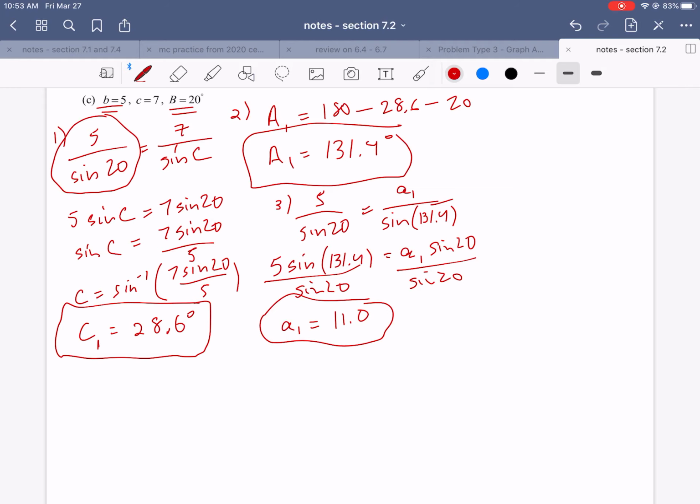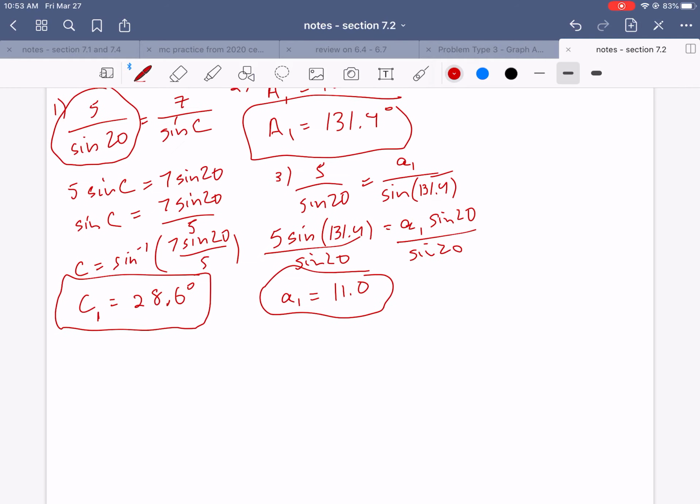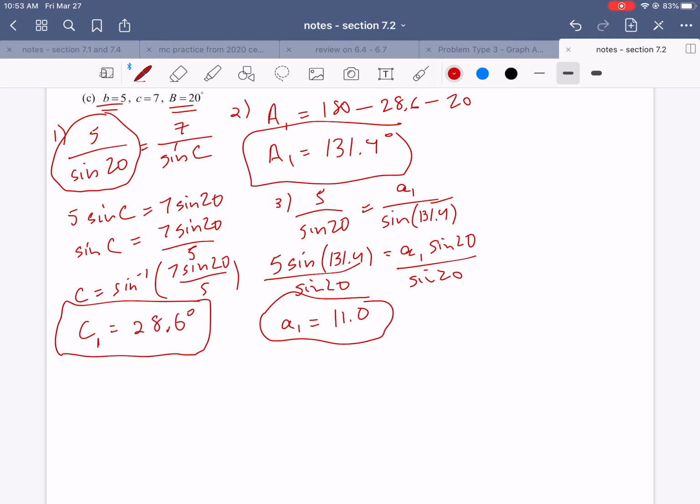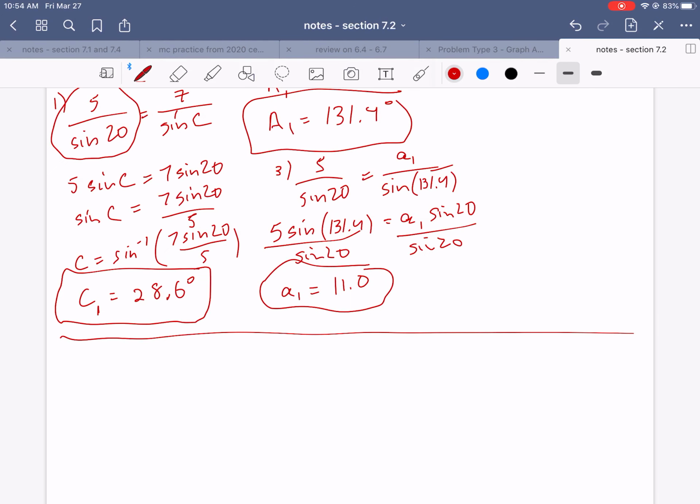11.0. Okay, and that tells me the first triangle, but it does not tell me yet if there is a second triangle. And so now I'm going to try to determine if there is a second triangle by looking at the angle that I found first, which is this C1 right here. So if there was a C2, then it would equal 180 minus that 28.6 number, which is equal to, when you punch it into the calculator,